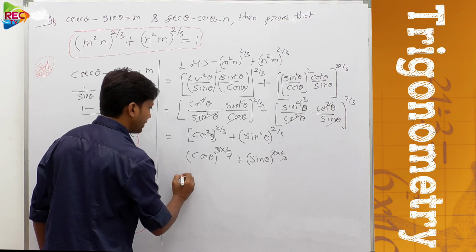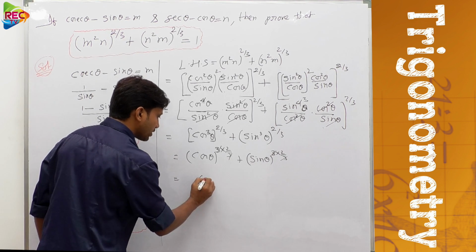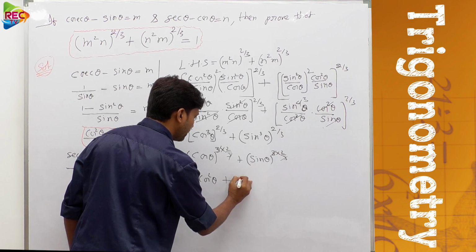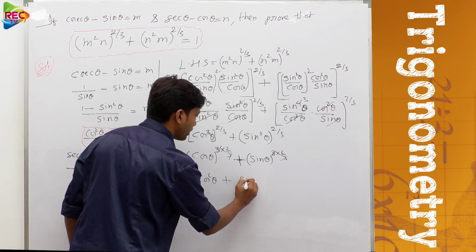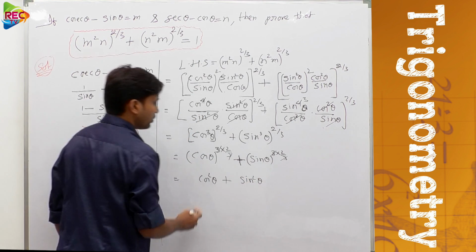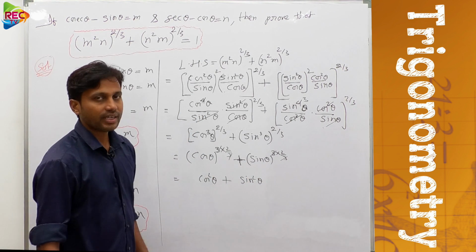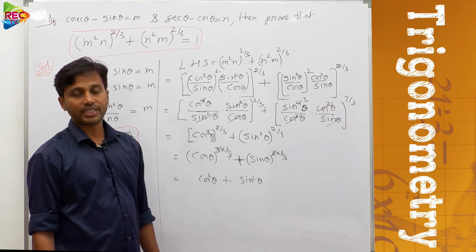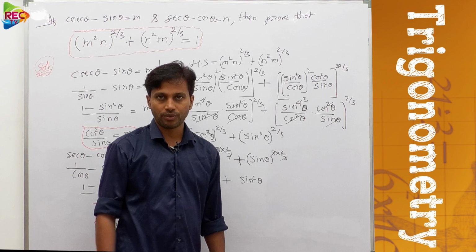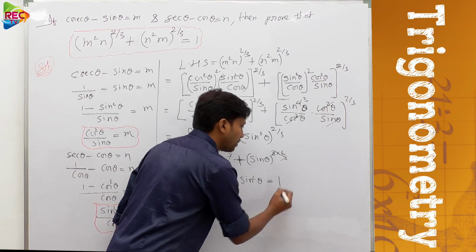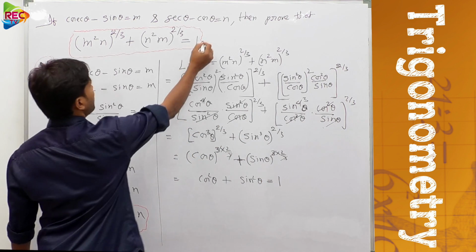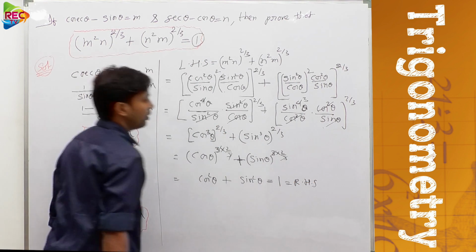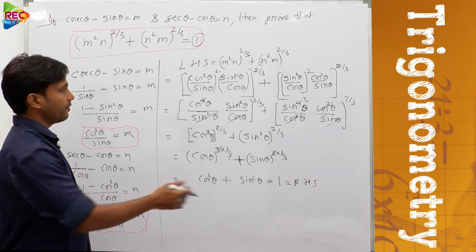Cos theta whole square, that means what? Cos square theta or not? And here sin theta whole square, that means sin square theta or not? Between them plus is there. Okay, sin square theta. So what is this? Is it an identity or not? Exactly. This is cos square theta plus sin square theta, which is the standard trigonometric identity which we obtained in the concept video. So here the value of this would be 1. Exactly, we obtained what we needed. Okay, that is the RHS. Okay, so like this you have to solve it.